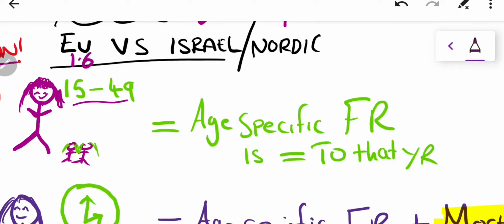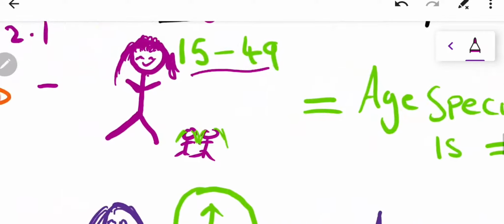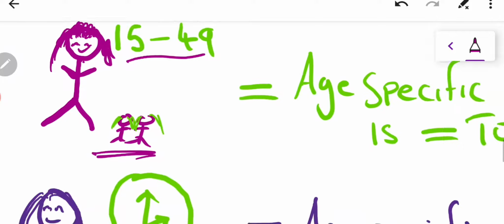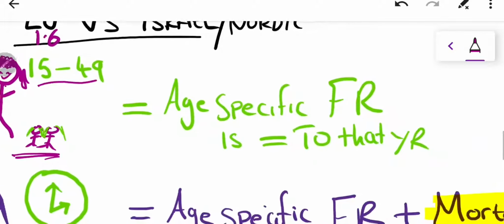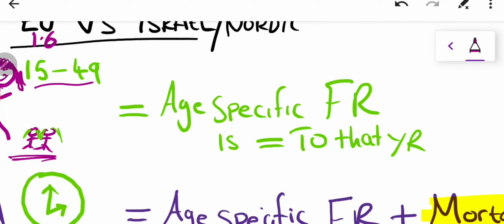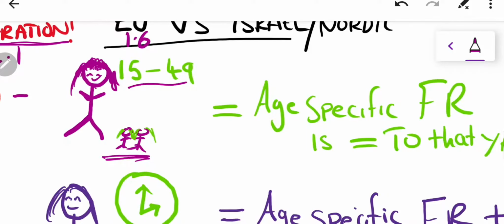So this is just trying to say that, from when these guys were born, the age specific fertility rate is equal to that year. So in that year, if the fertility rate was like 2.1,